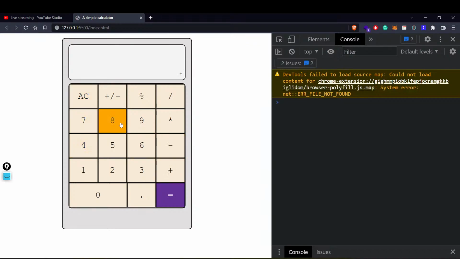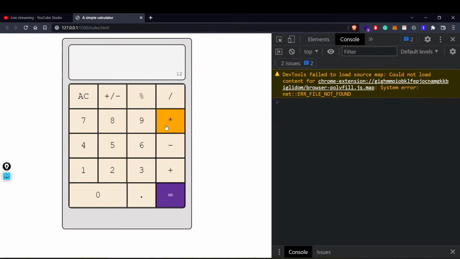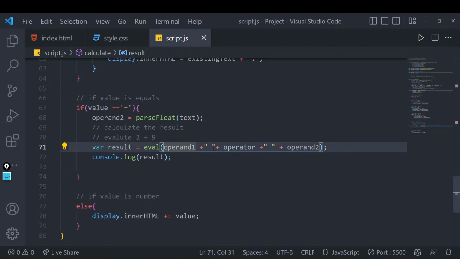If I write plus now, this is working properly, but why are multiply and other options not working? If I write 6, okay, it is working. Maybe there was some small confusion over there, that is why it was not working. If you have got operand 1, then we have got some space. Okay, that space should be in this way now. If I write it this way now, I need to give a proper space between that. There is no issue with that.